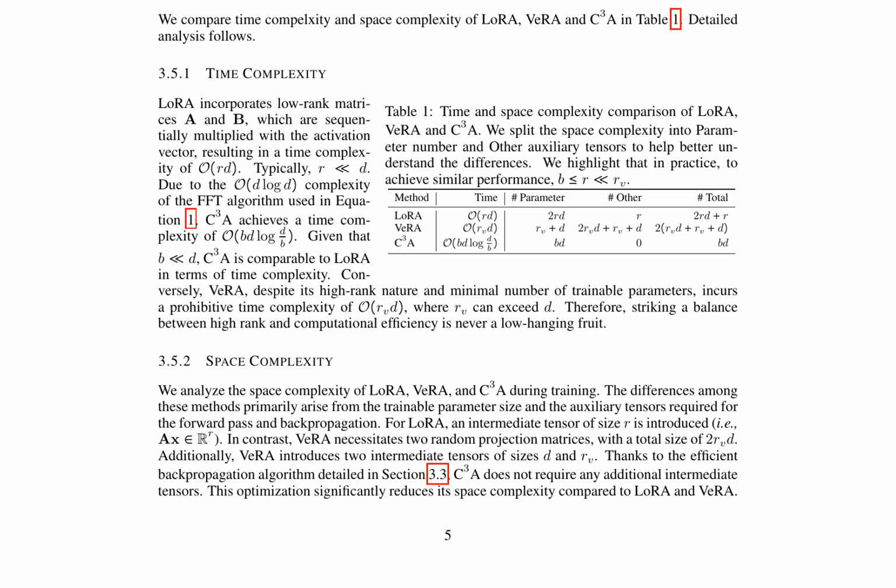The use of block circular convolution in C3A allows for a disentanglement of the attributes controlling the number of learnable parameters and rank, providing more flexibility in model adaptation. This approach enables researchers to balance the trade-off between adaptation flexibility and computational efficiency, a key challenge in adaptive learning. By providing a more efficient and flexible adaptation method, C3A has the potential to improve the performance of pre-trained models in a variety of